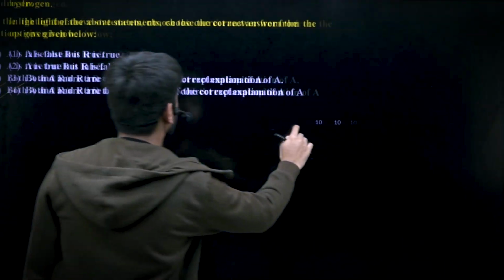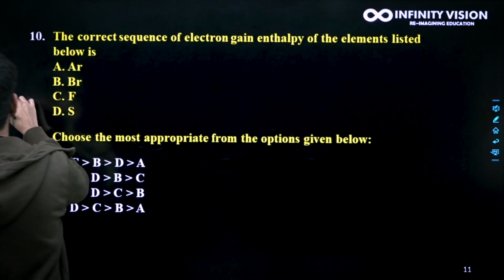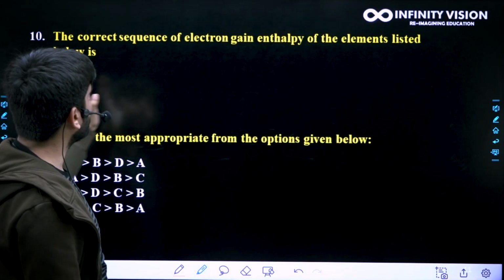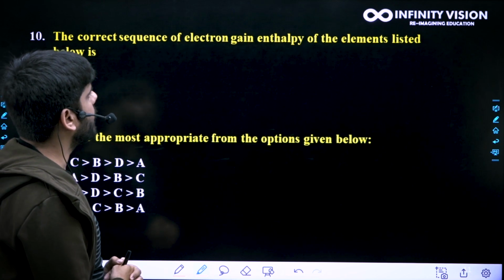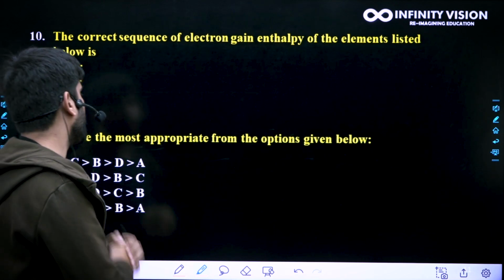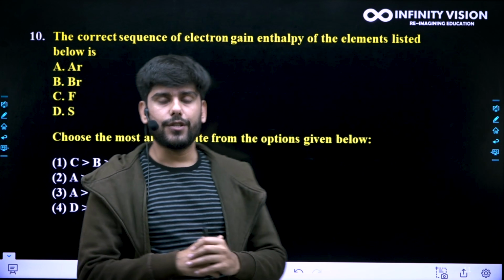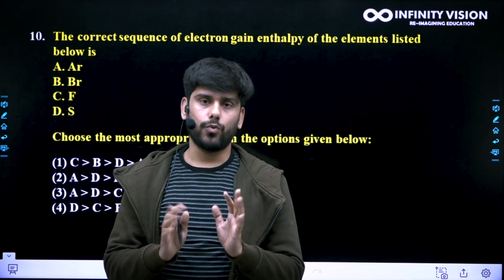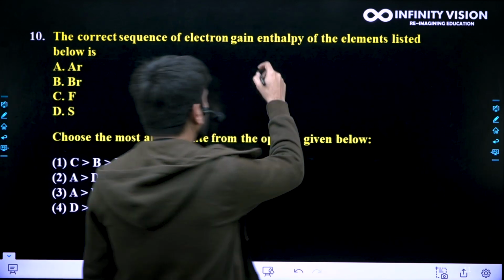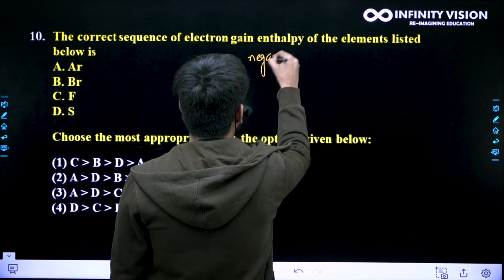Let us discuss the next question. The next question is the correct sequence of electron gain enthalpy of the elements listed below. All right. Now, for this question, we must be knowing at least two things. We usually know that if we talk about the negative electron gain enthalpy,